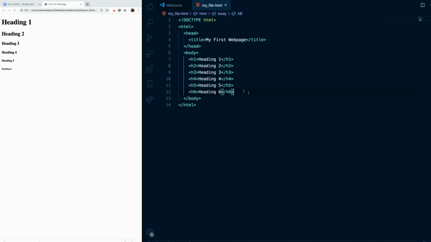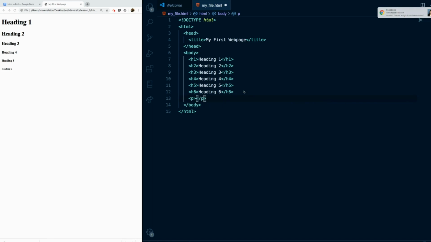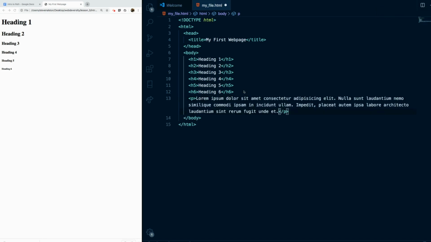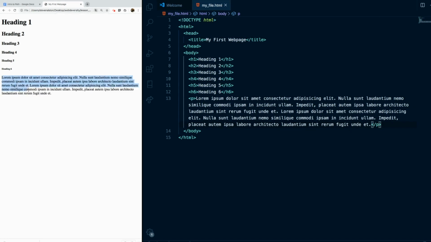So sticking with the theme of textual elements, let's create a paragraph element. Paragraphs are pretty important to writing documents. So let's have a paragraph element, and here I'm going to type in lorem. And lorem means lorem ipsum, which is just kind of a Latin type of text. And basically it's used as placeholder text, meaning it's not meant for reading. It's meant to just simulate text, basically. So here, I'm going to save this, and I'm going to right click, and I see here I have a